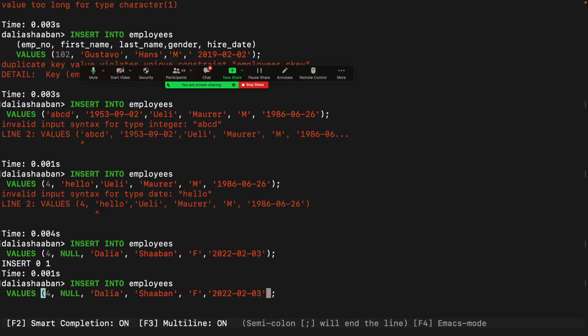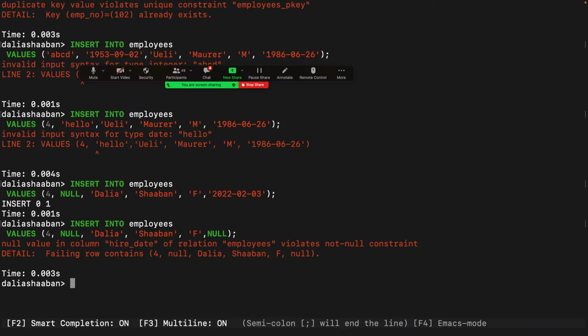If we were to, for an example, do something like this, what do you guys think will happen? Yes? It wouldn't work since this value cannot be null. Exactly. So you guys have to be careful when coding of like what can be null and what cannot be null. So there are some special, I guess, syntax constraints, you could call them. If I were to insert into employees,